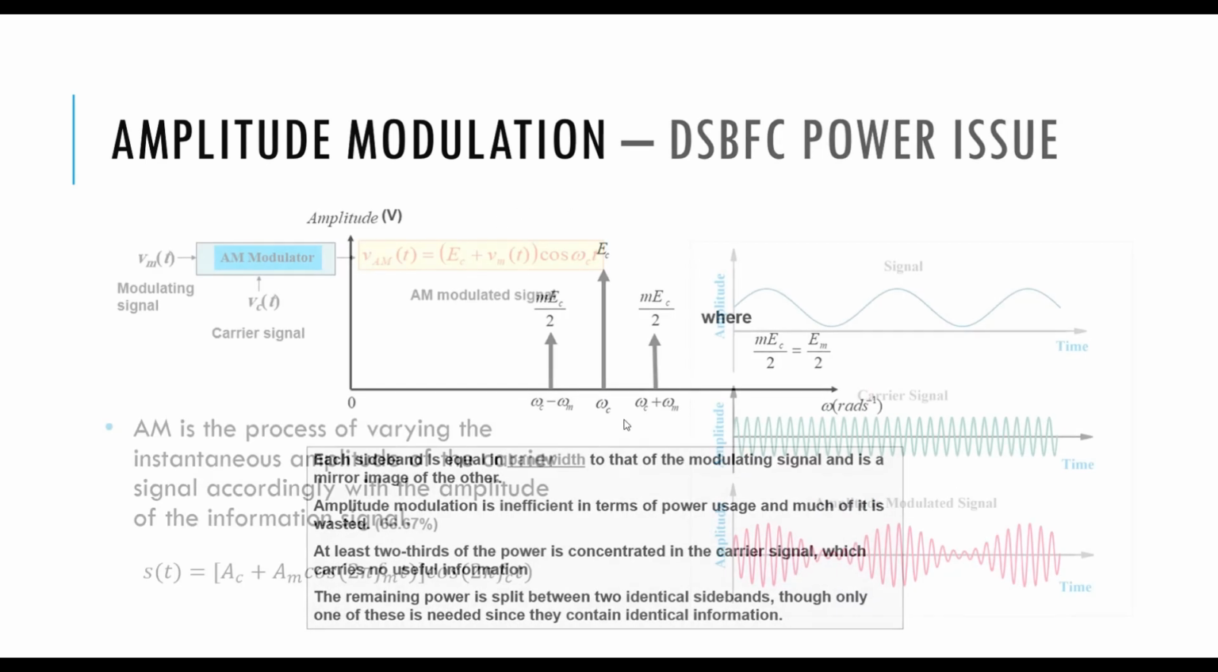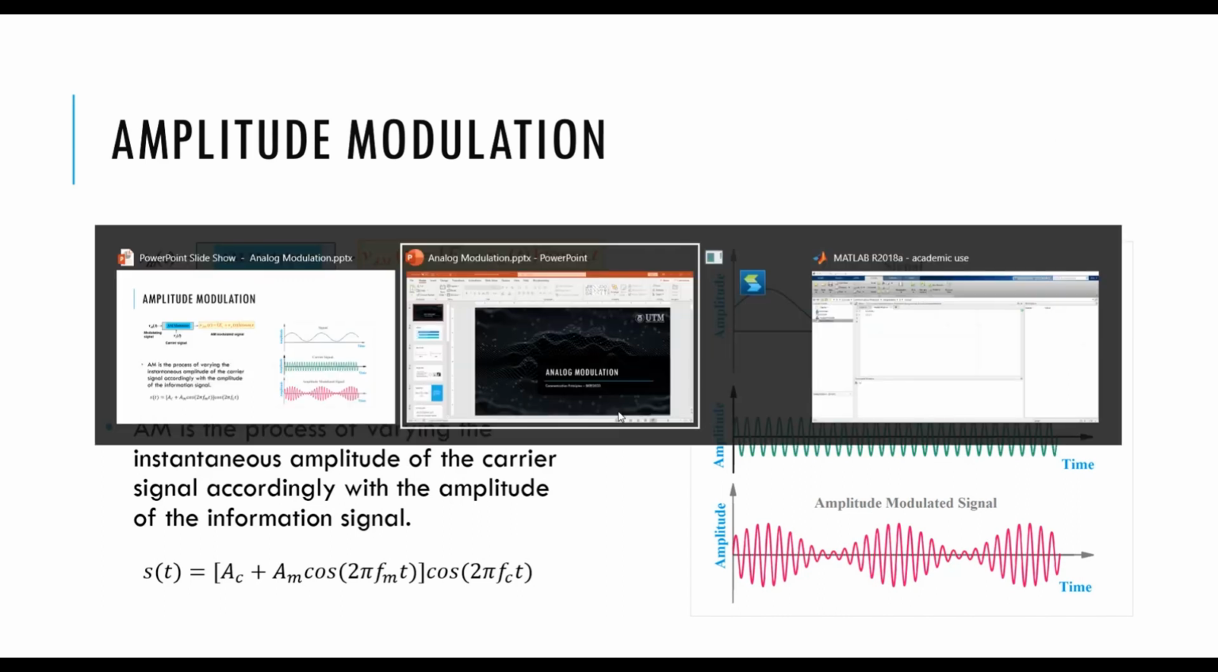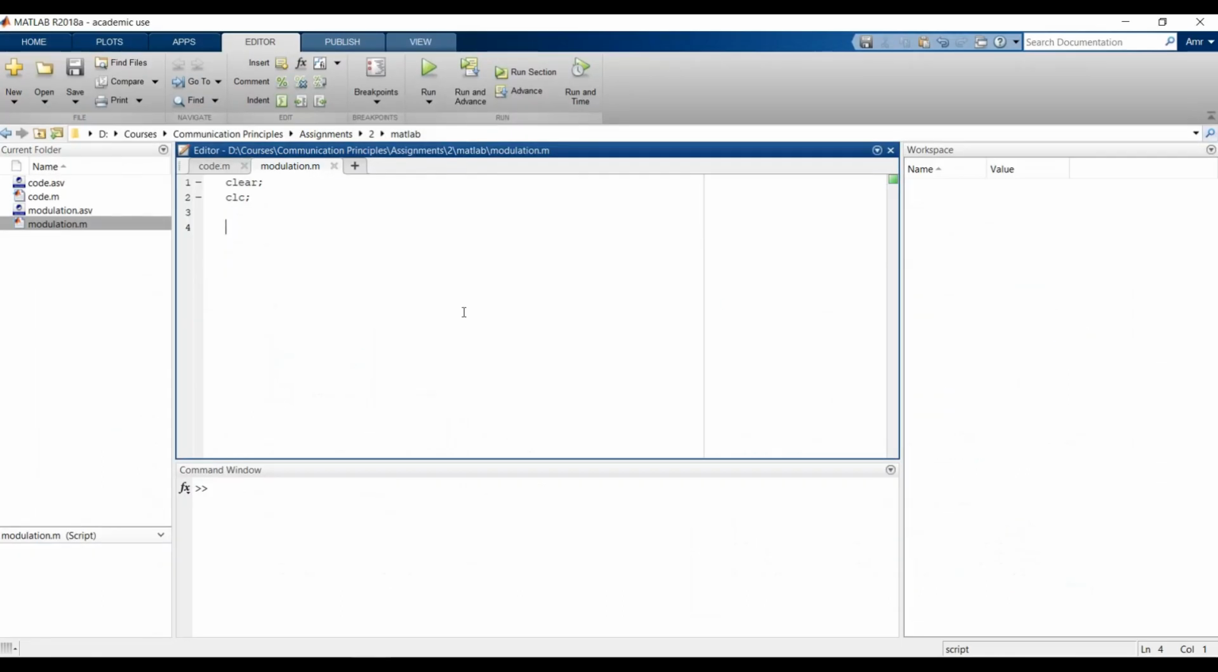So let's go ahead and try that on MATLAB. To express our signals, we need to understand that simply there are two fundamental properties. One of them is the amplitude. So the amplitude of our modulating signal, let's assume it's 1. And then we have the amplitude of our carrier signal, let's assume it's 1 as well. The reason I assume that they are equal is that there is something called modulation index, which will indicate